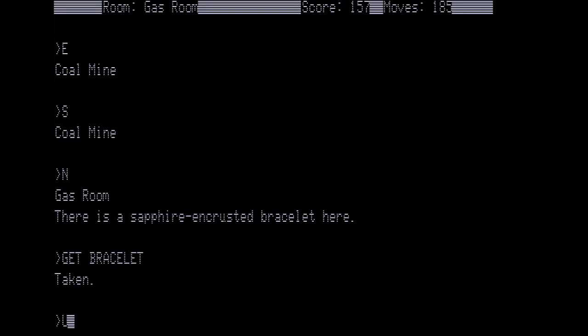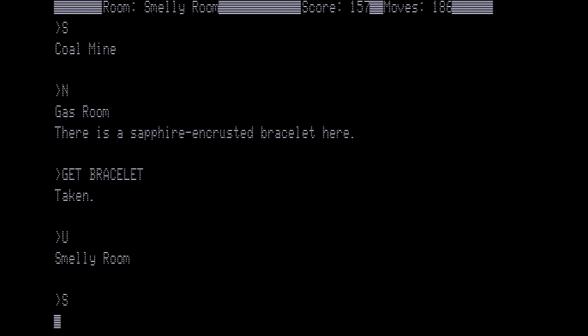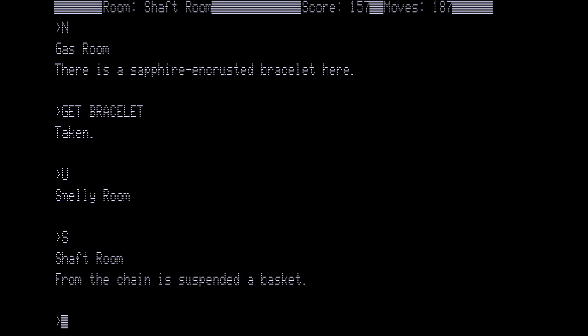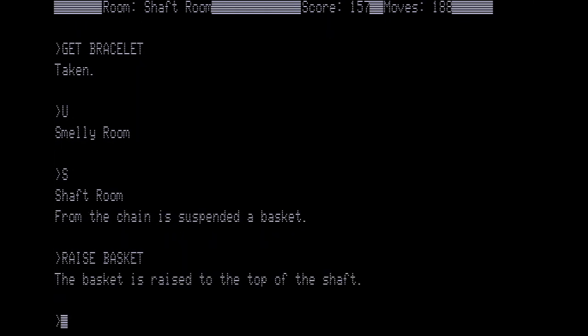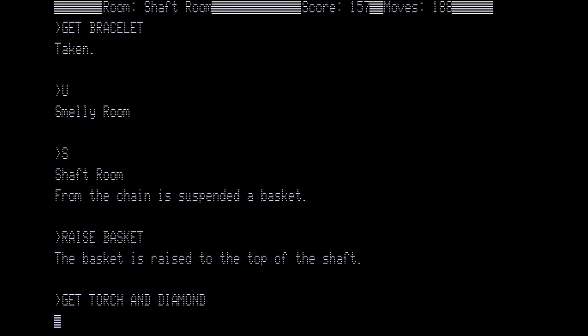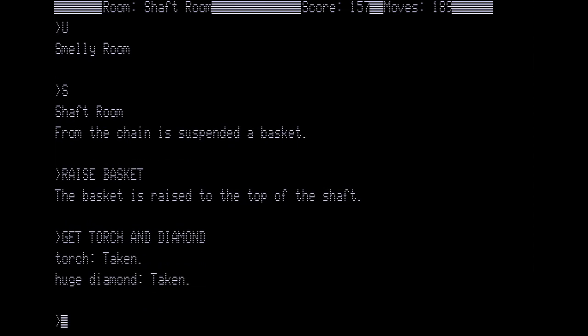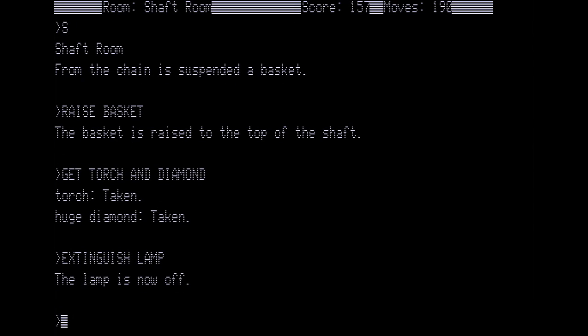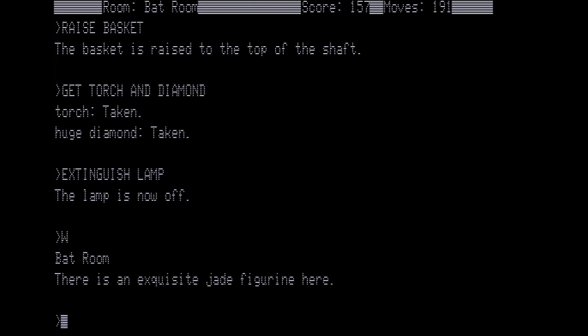And now we go up again to the smelly room and south to the shaft room, and we want to raise the basket, and we want to get the torch and the diamond, and then extinguish our lamp. The lamp is now off, since we are using the light from the torch, obviously. Now we go west, and we get the figurine,